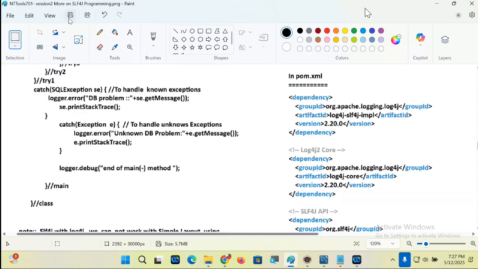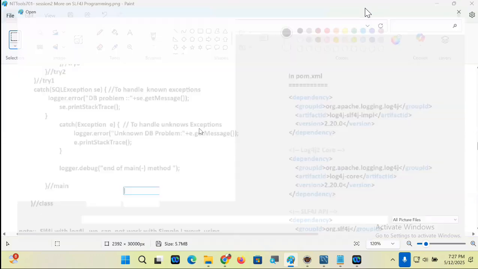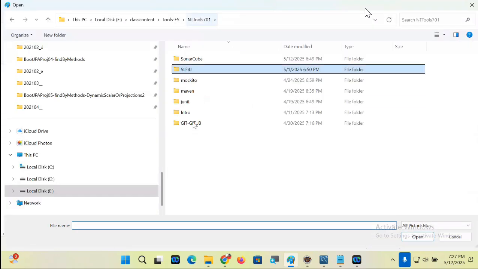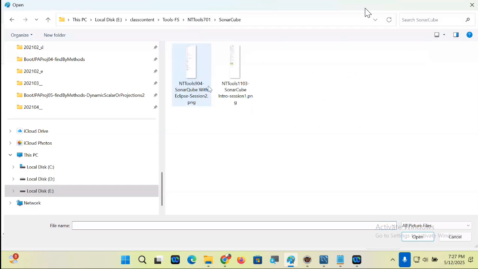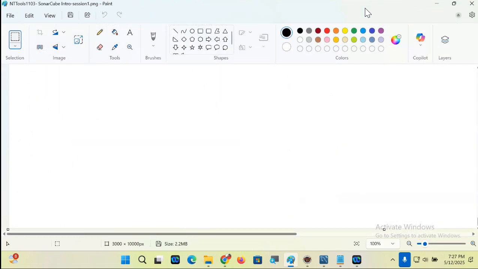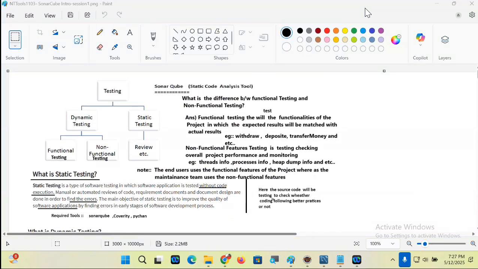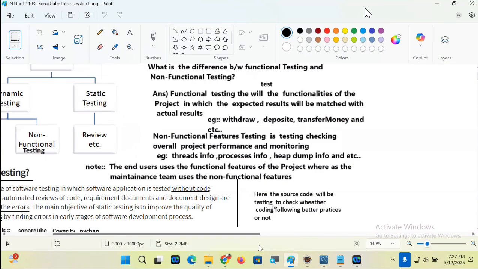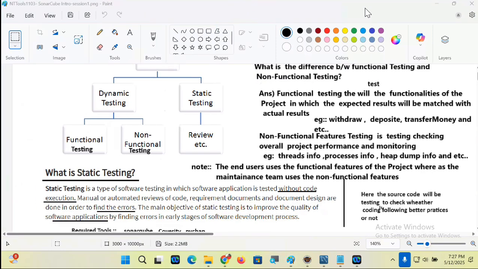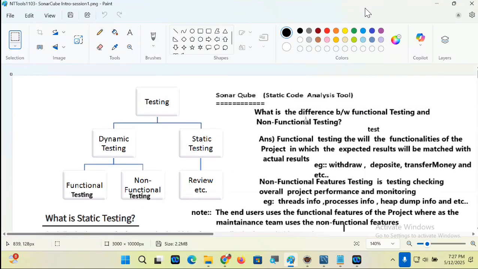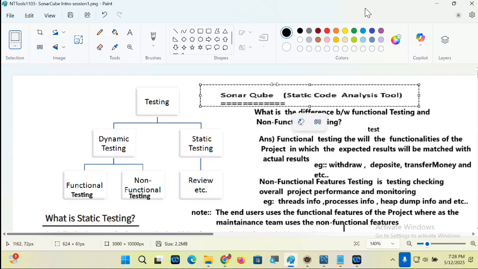Okay, let's move to another tool, guys. That is what? SonarQube. Day one, as usual, a lot of concepts will be there. You know that. What is the purpose of this tool? Why did this tool come into the picture? A number of things will be there. First of all, keep one point in mind, guys. It is a code analysis tool.